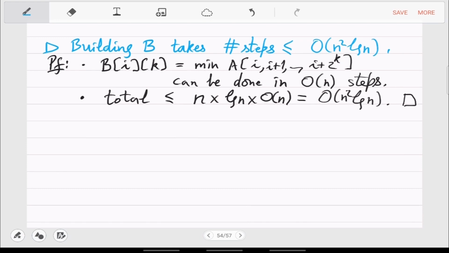Right, so this is taking n square log n time. Remember that it's not that much space. Space is much smaller. So in a reasonable space, somebody will invest so much time, and then the matrix B will be built. Right, that's the pre-processing. So the next question is, can you build it faster?